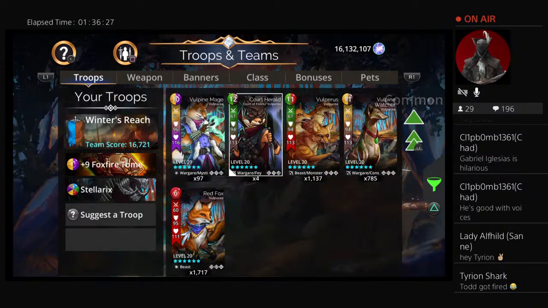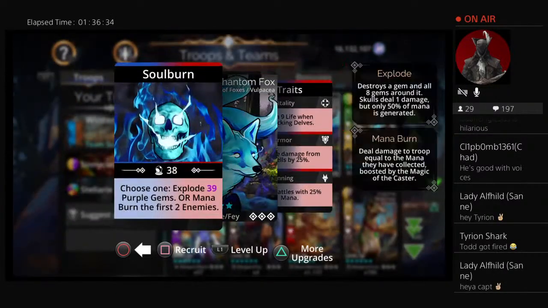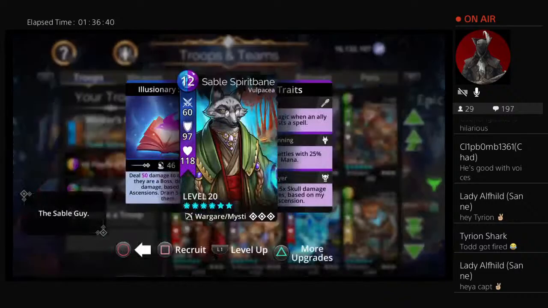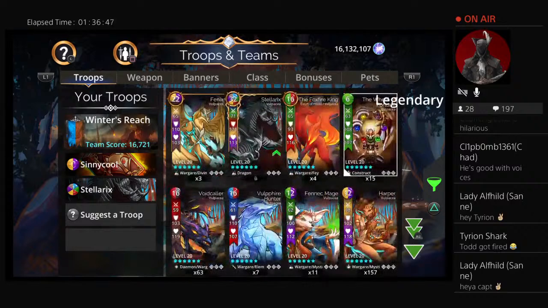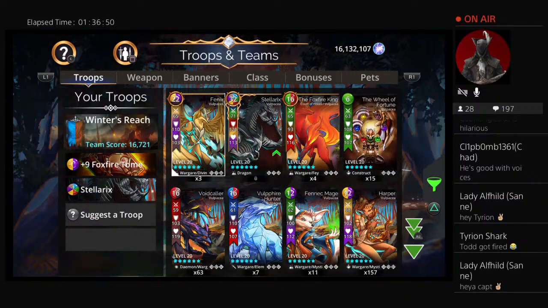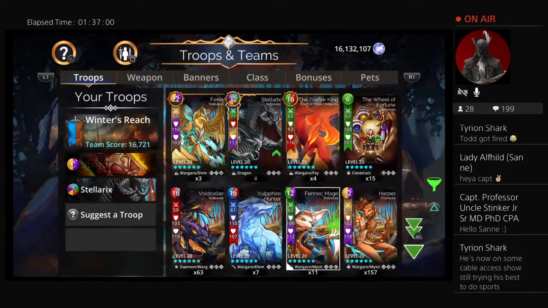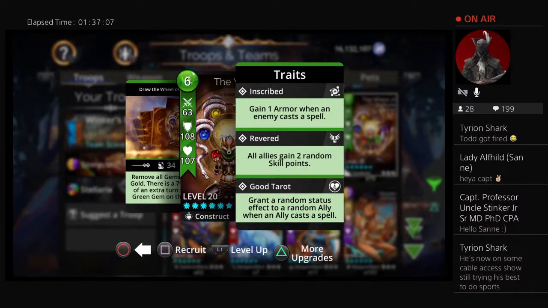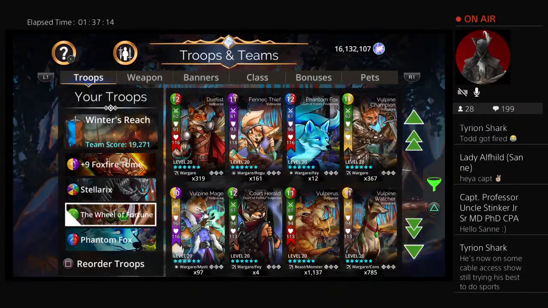Alright, Red Fox, Vulpine Mage, Court Herald, Vulpine, Phantom Fox. I don't know. The other way to go would be Phoenix and Foxfire King. You could go true damage route. Wheel of Fortune. I'm just gonna throw it on the team. Maybe like Phantom Fox. We're really just trying to get up this Stellarix and...